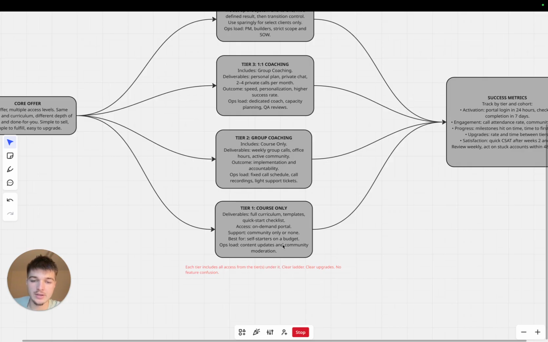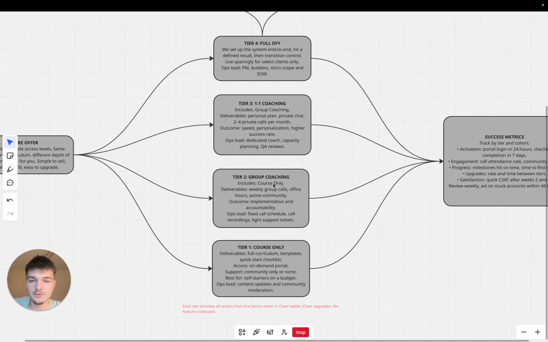The only thing beyond that would just be updating different content and the community component to it. So moderating the community, making sure everyone's active in there, just making sure it's not dead. So that's the operations load. In terms of tier one, and as you move up to tier two, you have the group coaching component, and